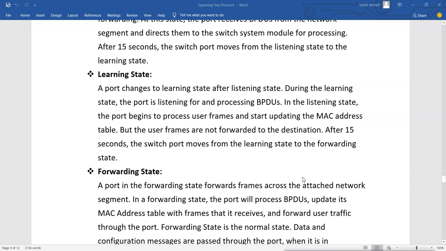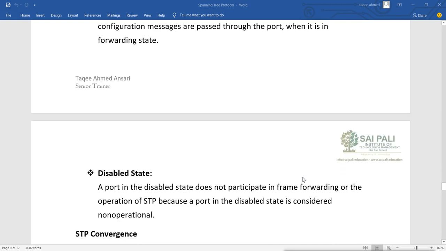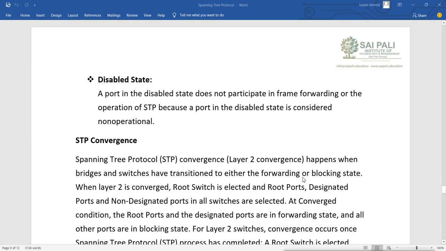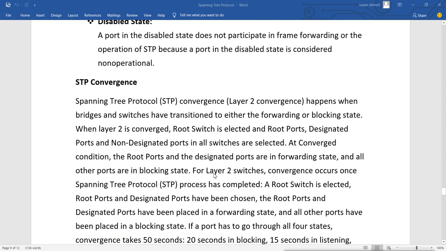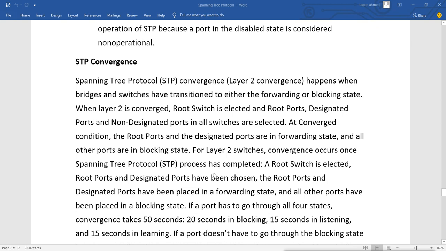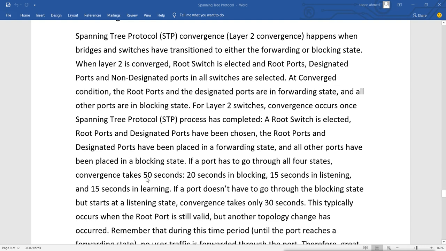The total is 50 seconds, and that is why we have STP convergence. Convergence means how much time it takes to get the port up, and the total time is 50 seconds, because it goes through these three states: blocking for 20 seconds, then 15 seconds for listening and 15 seconds for learning.